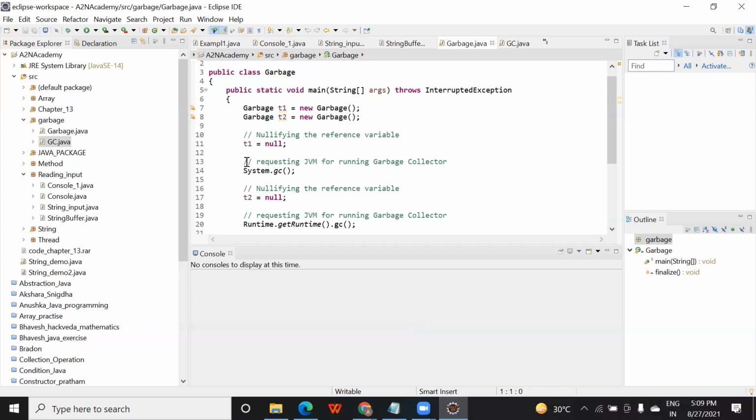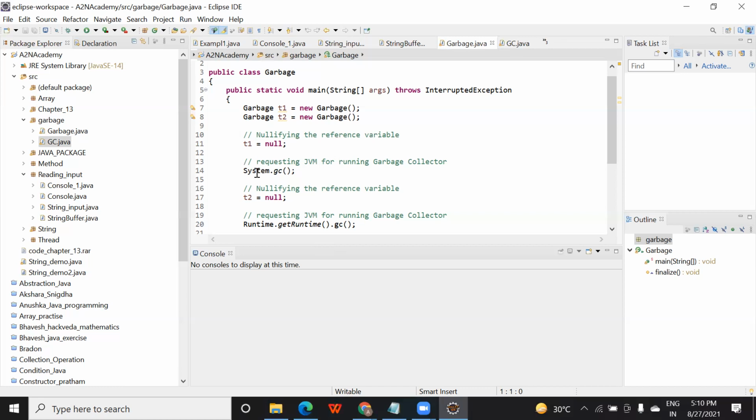Any variable that occupies memory, like here t1 is equal to null. t1 doesn't hold any value, you have only initialized it with null, but as this variable is created, it still occupies some space. So as you call system.gc, it will call the JVM.